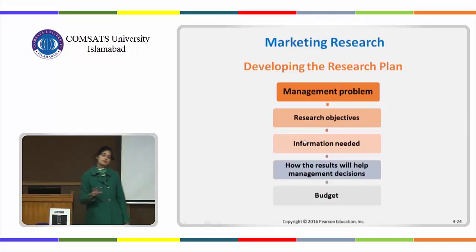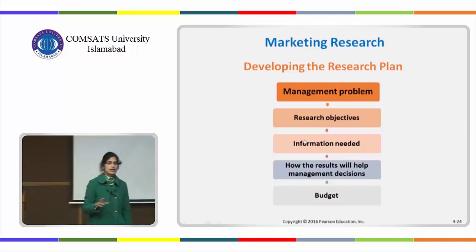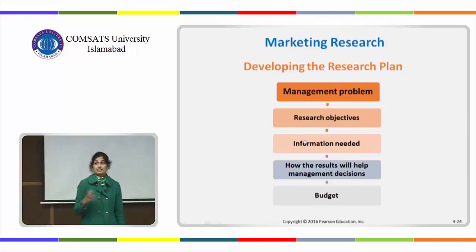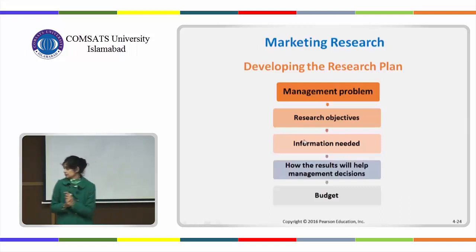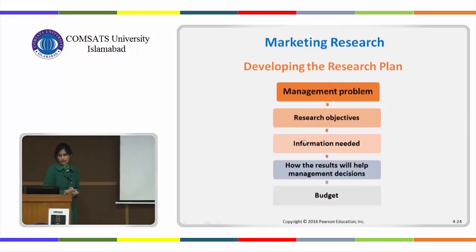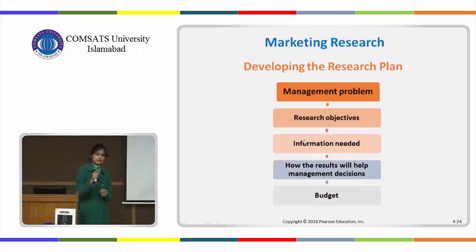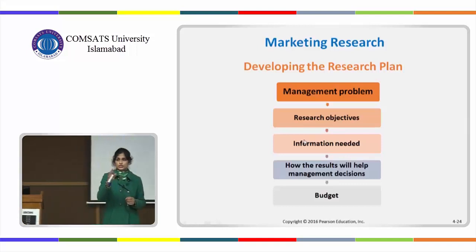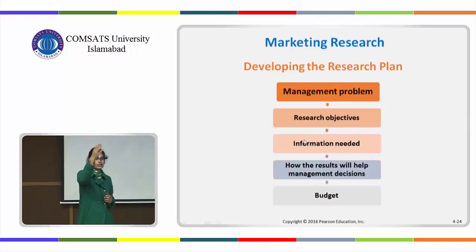The third element that you would report in your research plan would be information that is needed, right? So what sort of information is required to answer or to meet the objectives that you've set forth, right? Then how the results would help the management and the budget. You take all this information and then you get approval from the concerned department who would approve the budget for